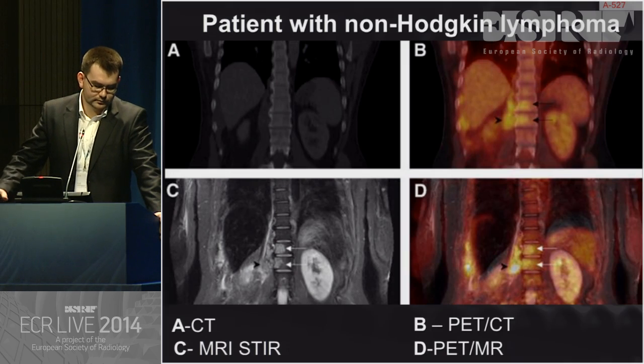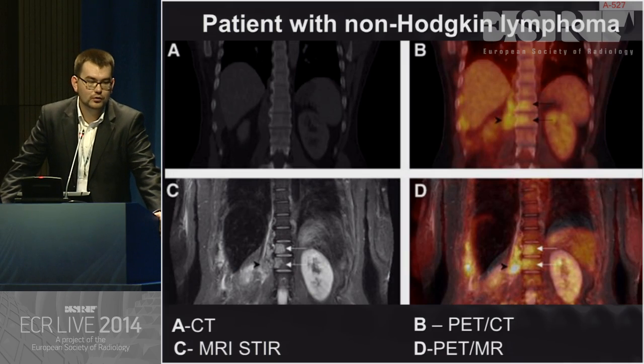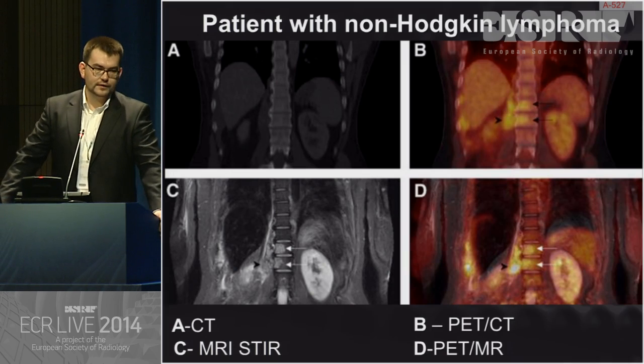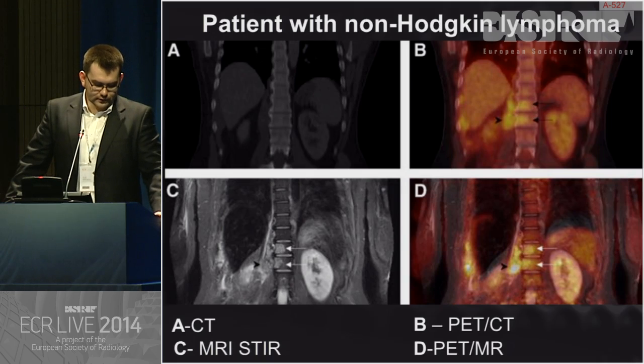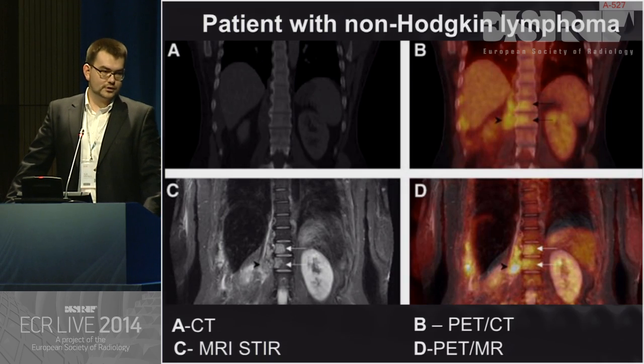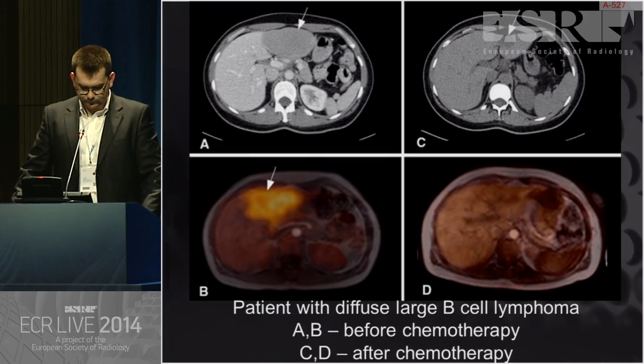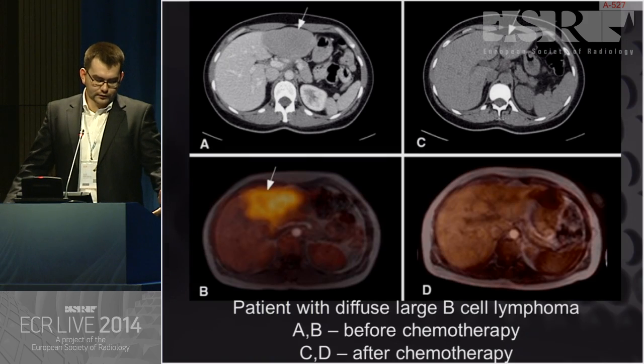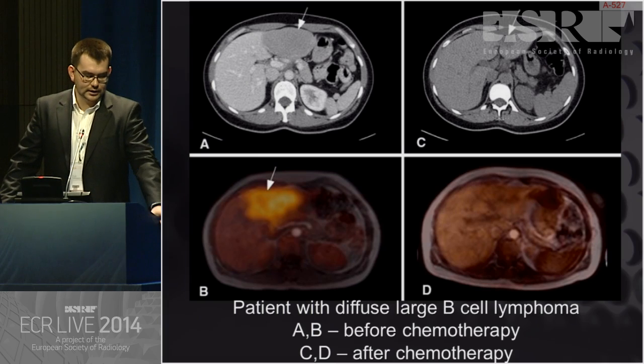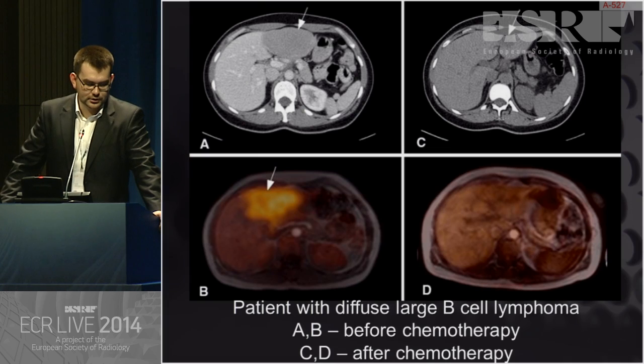MRI has high sensitivity for imaging of bone marrow involvement in total and shows the first infiltration of plasma cells before overstimulation of osteoclasts and the resulting bone destruction. Due to the lack of radiation exposure, MRI component or PET MRI may evolve as an alternative to PET-CT in potentially curable patients. Here we can see the contrast enhanced CT scan,